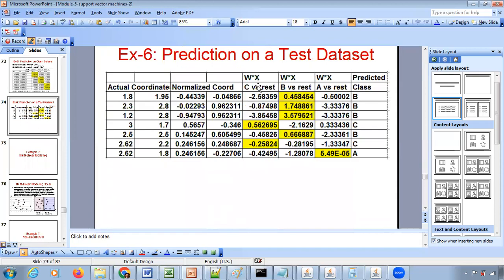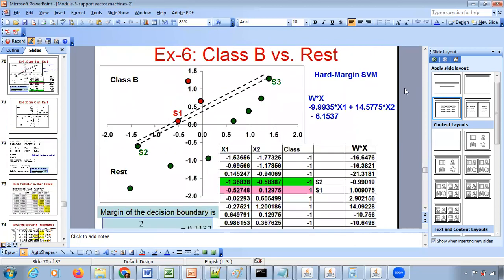So the class C versus rest model is giving a WX value less than 0, which means it's not putting it in class C, it's putting it in the rest category. And the class B versus rest model is also putting it in the rest category because its WX is also less than 0. So both models are putting it in the other category. Of course, the class A versus rest model will definitely put it in the rest category as well because it's not really belonging to class A. So all the three models are putting it in the other